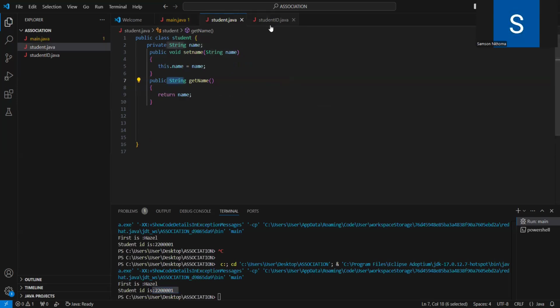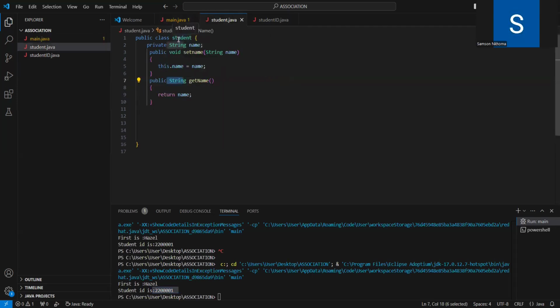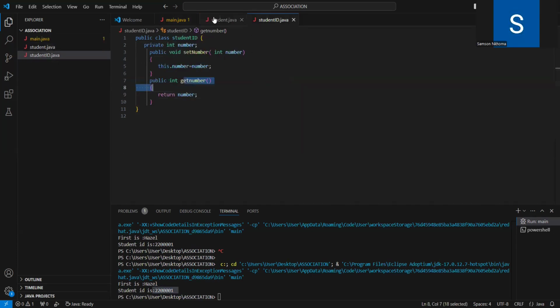So this is a one-to-one relationship because a student has one name, right? But there are cases where a student can have multiple names, first name and last name. But this was just a simple example, just to try and make you understand what association is. So if we say a one-to-many,